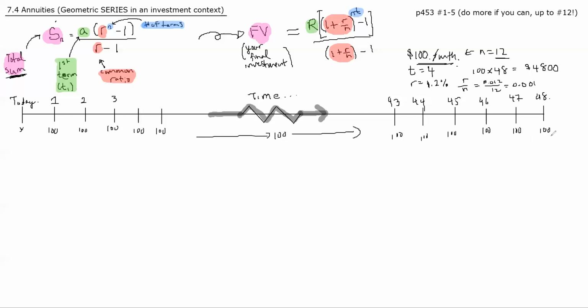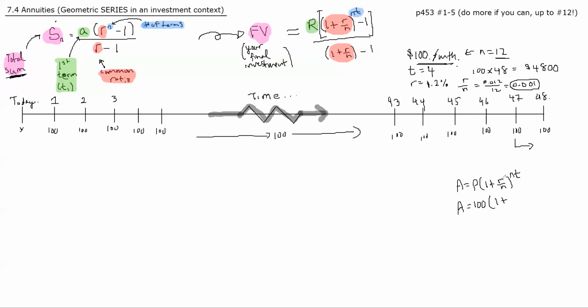On the 48th month, we have just graduated university. Did this $100 gain any interest? The answer is no. But let's look at the next month. This $100 was saved 1 month before we graduated. So by the time we get to the 48th month, how much interest did I gain? Well, do you remember compound interest? The final amount is equal to principal times 1 plus R over N to the power of NT. Well, the final amount is going to be $100